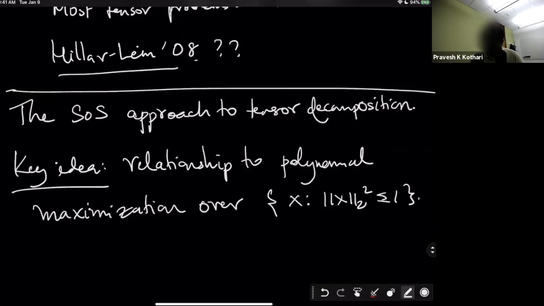Once we make this connection, all known sum of squares based algorithms for tensor decomposition really rely on it: you maximize a certain polynomial and focus attention on trying to find all maximizers of the polynomial. If you actually succeed in doing that, then you would be able to find the components of the tensor. Okay, so in order to make this connection absolutely clear,